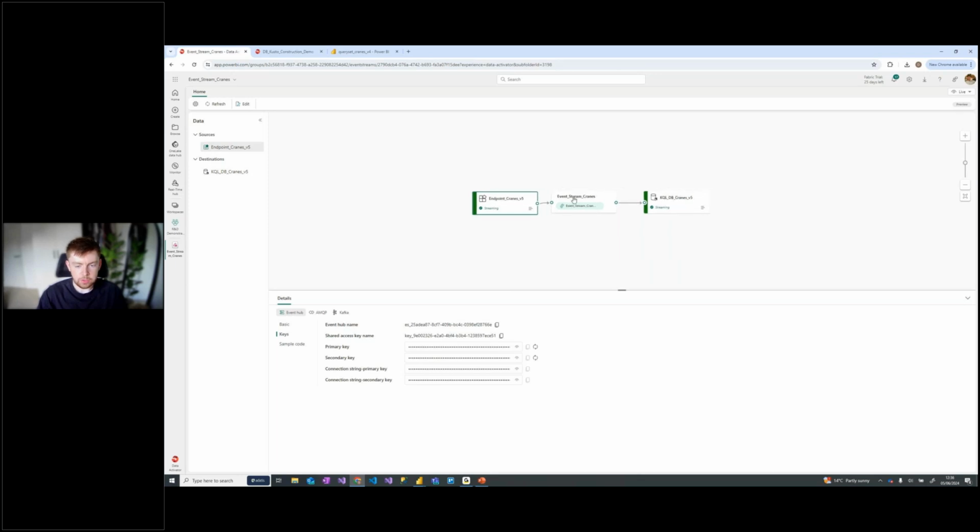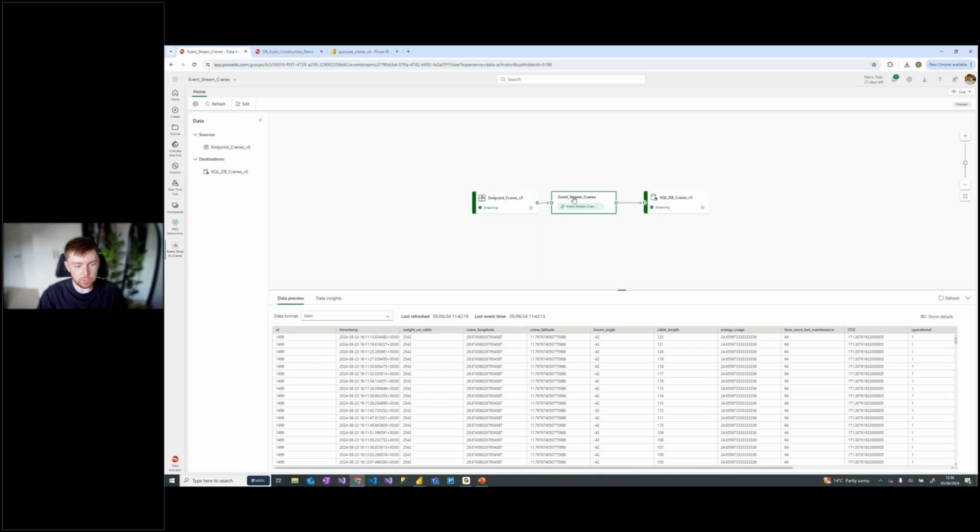You then get this small event processing window, which is quite useful for a small bit of monitoring and insights, being able to see that the data is going through, last event time, last refresh time, etc. You could also do some transformation here, the typical ones that you'd expect in terms of group bys and joins, aggregations, all that sort of thing. And then you can push it out to your destination, which is a KQL database, which I'll come on to